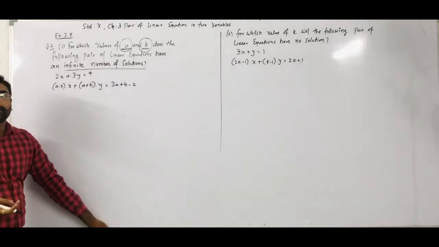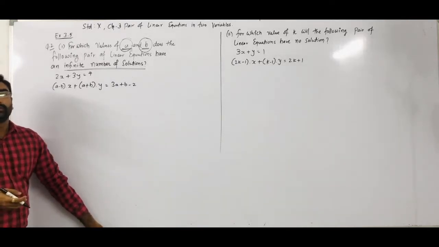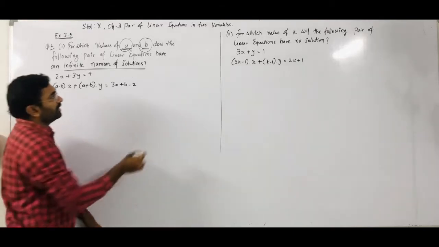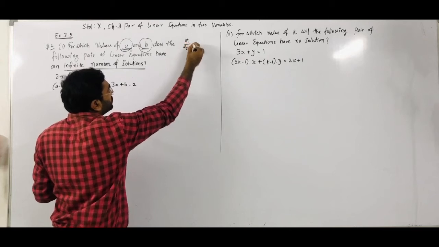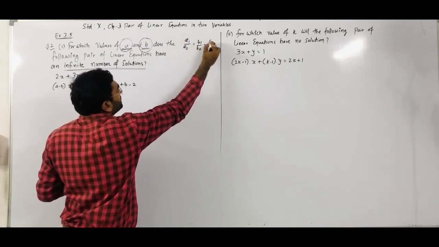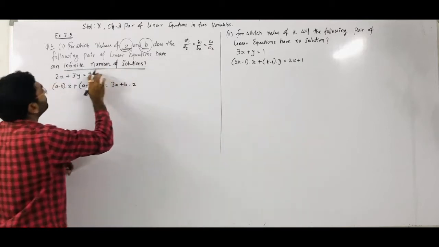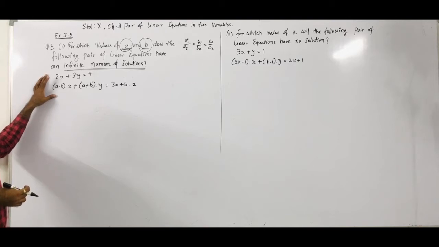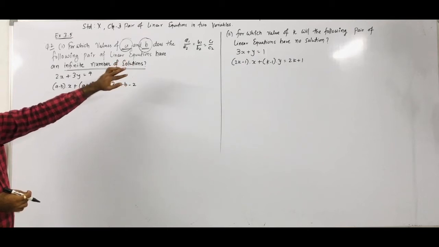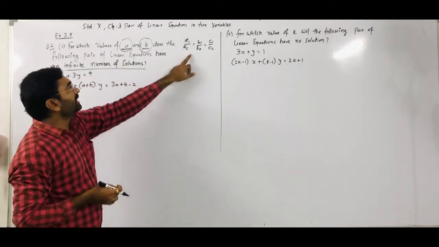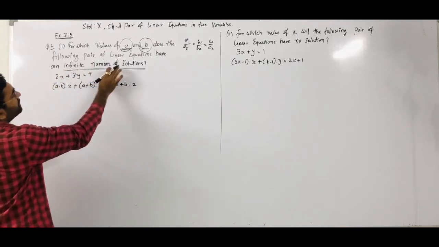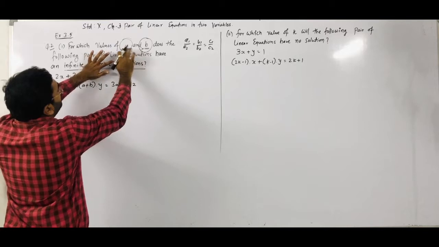We have already discussed this before, in question number 1. We get infinitely many solutions if the ratio a1 upon a2 is equal to b1 upon b2 is equal to c1 upon c2. In that case we get an infinite number of solutions. So whatever equation is given, we have to compare it with our standard form of the general equation. Then we can say the ratios a1 upon a2, b1 upon b2 and c1 upon c2 are equal. Why? Because the given linear pair of equations has an infinite number of solutions, so for that we have to find the a and b values.